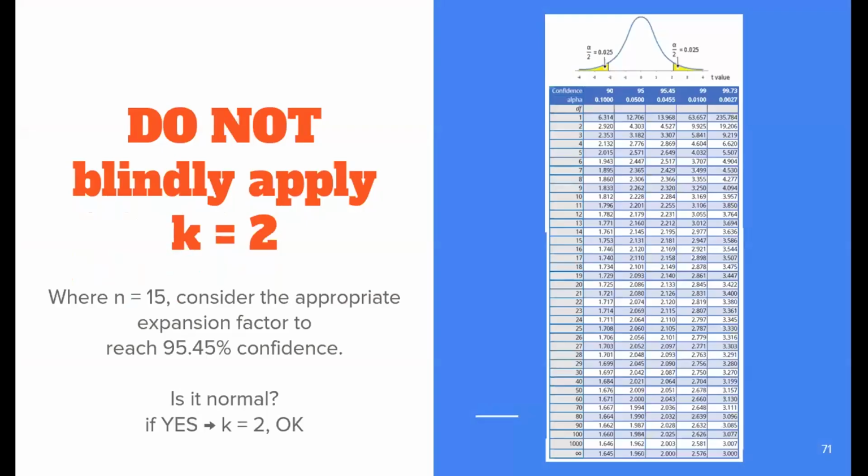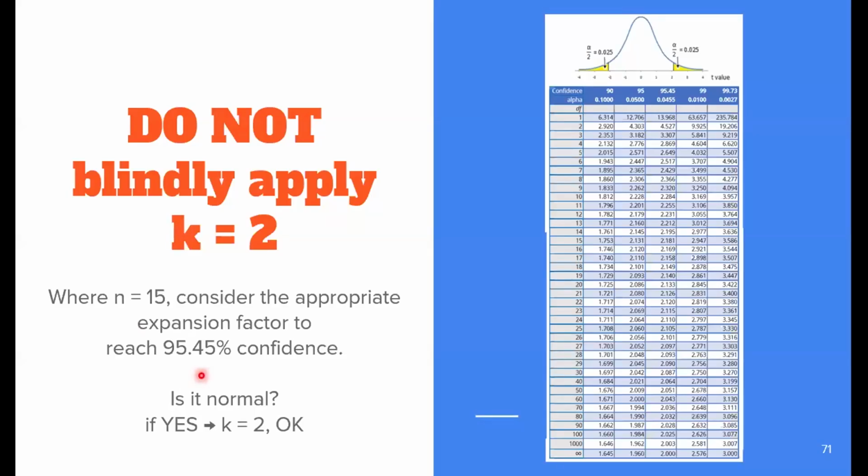When we have these tools available to us, whether it's R or Excel or whatever package you choose to use, and we're applying these statistical concepts, we do not want to blindly apply k equals 2, okay? Specifically to measurement uncertainty, where you might have a small sample size. This method is not being run many times. Your n might be something low like 15. You're going to want to consider the appropriate expansion factor, not just the default k equals 2 to reach a